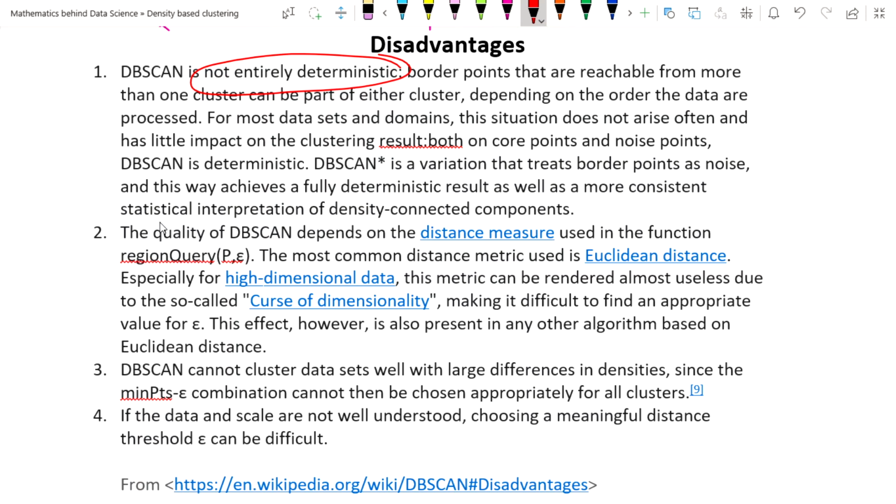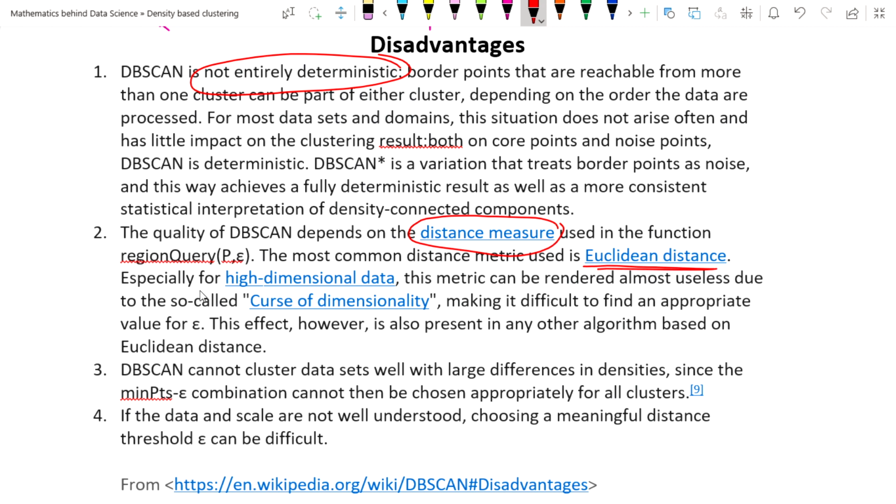The second disadvantage is that it depends on the distance measure. The quality of DBSCAN depends on the distance measure used in the function region query, whose inputs are p and epsilon. P means minimum points, and the most common distance measure taken is the Euclidean distance.